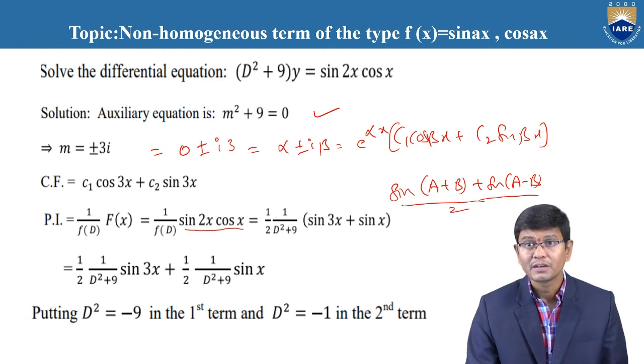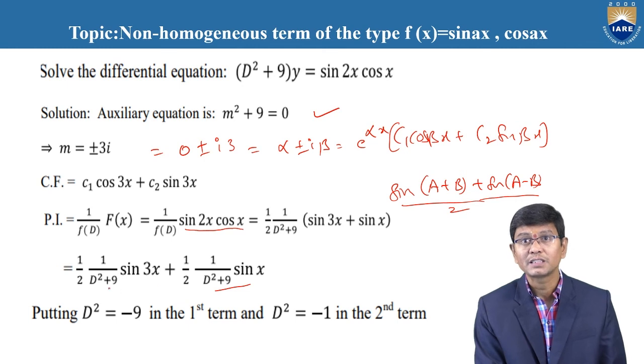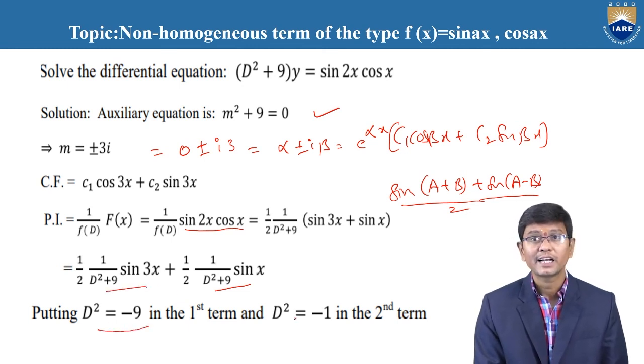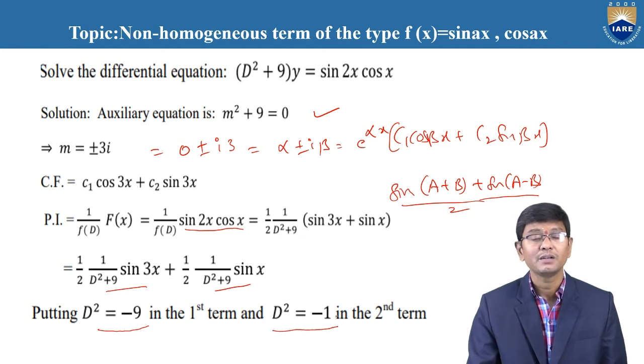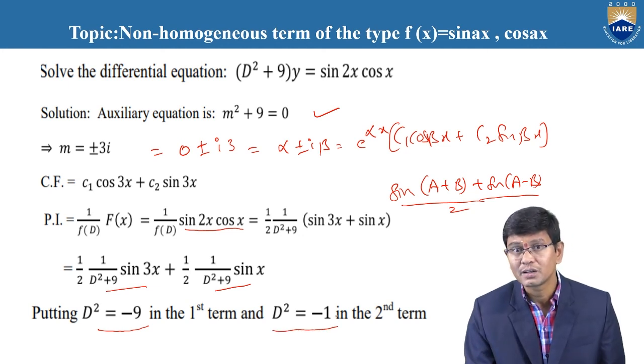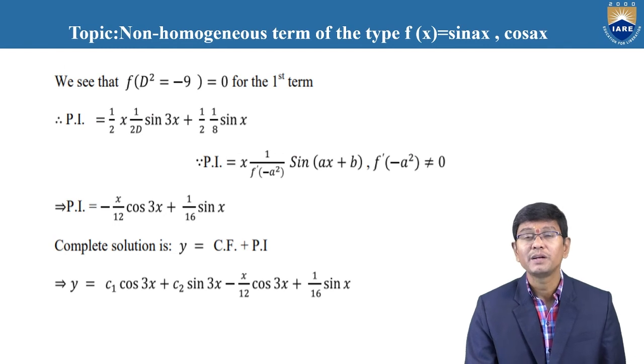And in the second part, D square is equal to minus a square, which is nothing but minus 1 square. Therefore, clearly in the first part D square is equal to minus 9, and in the second part D square is equal to minus 1. By using these two values, after the replacement, the particular integration is changed to 1 by